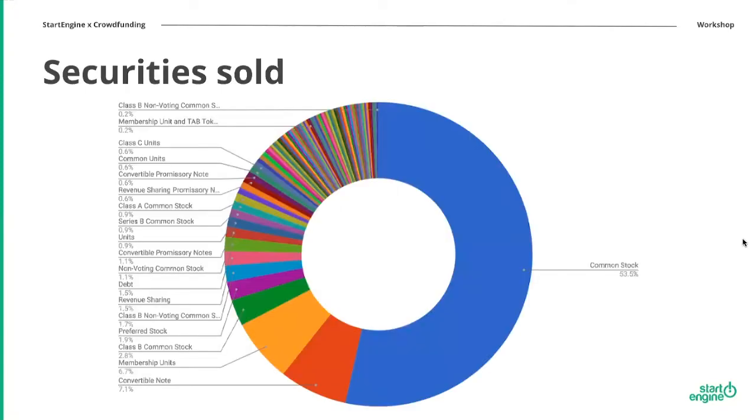So you'll see here, I mentioned earlier that 90 to 95% of companies on StartEngine sell common non-voting shares. This might be a little dated, but one thing to note that I do want to point out on this slide is that you won't see any safe notes in here. StartEngine made the decision to not allow safe notes on the platform because the SEC essentially said that they don't believe that a safe note is safe for the general public to use as investing, which is hugely ironic, but it was obviously made for more of the accelerator side of things. So, we've really seen that the benefits of doing the common stock really outweigh anything else. We have some convertible notes on here. We have seen a little bit of a draw on these raises just because investors don't fully understand what they are receiving with convertible notes.